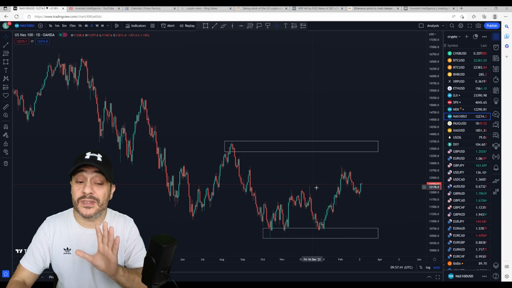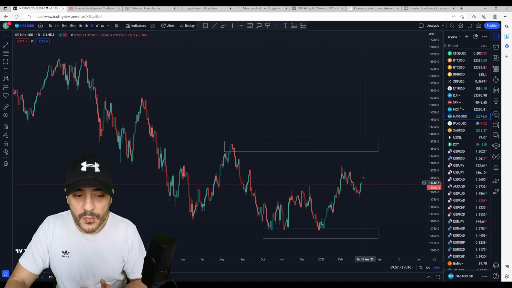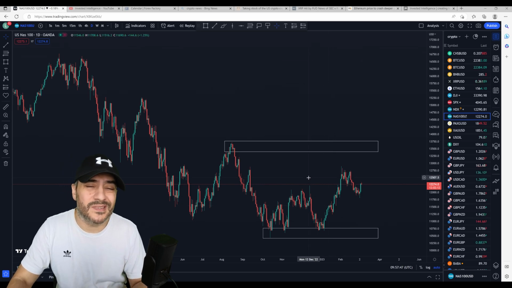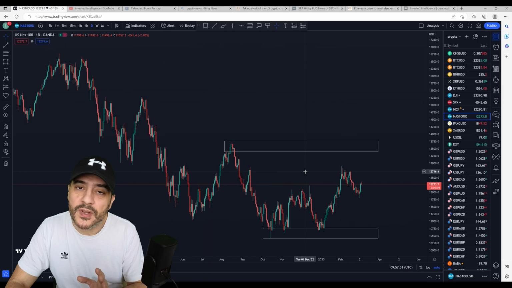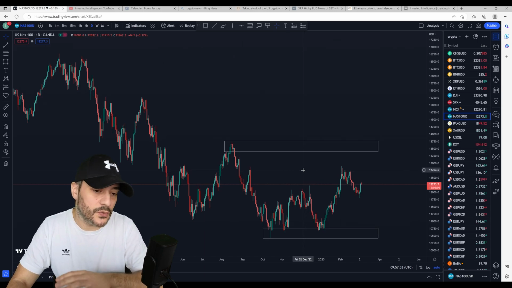All we need to do is simply sit back and wait for price to either hit this level or hit this level. Now, obviously, this is a daily chart. This could take months. This could take weeks. Who knows? But ultimately, if you're patient enough and you have a good stock list or a good Forex list